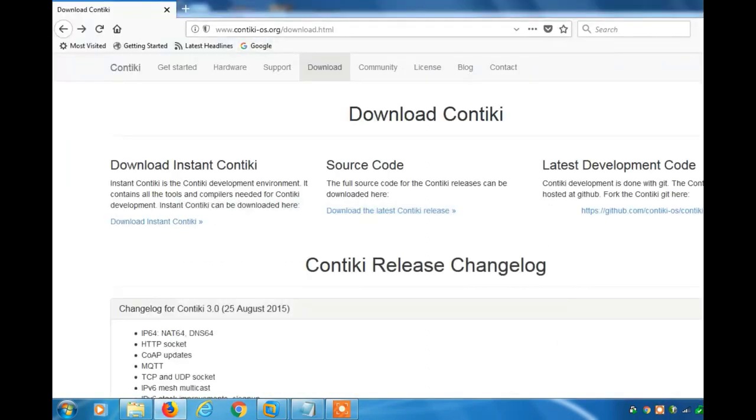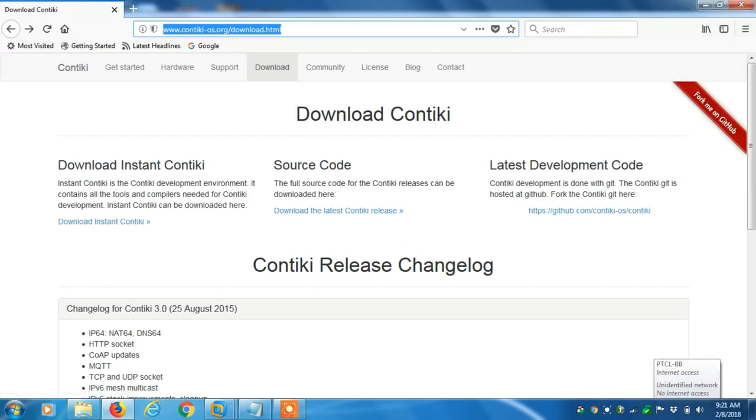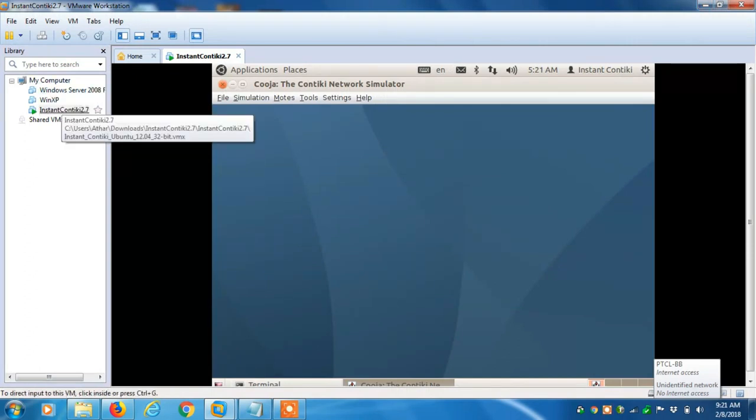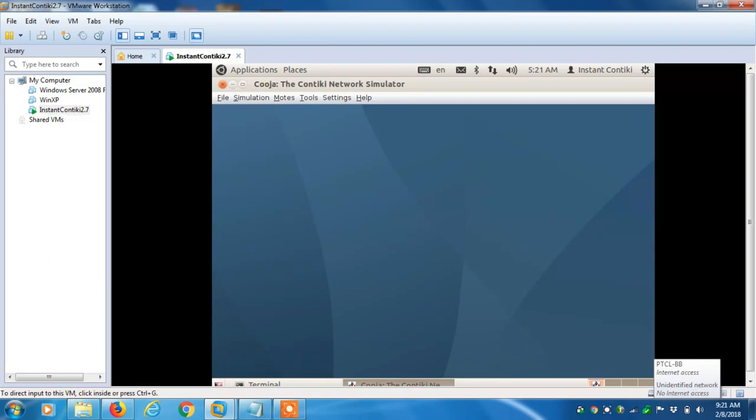This is the URL of the Instant Contiki virtual machine. If you click download this virtual machine, you can use it in your Workstation. After that, you simply need to power on this virtual machine. It's very easy. Now coming over to creating your first simulation, you will go to simulation,